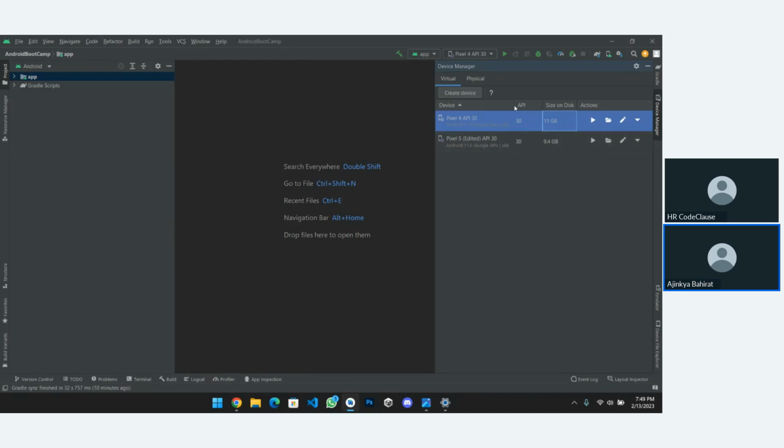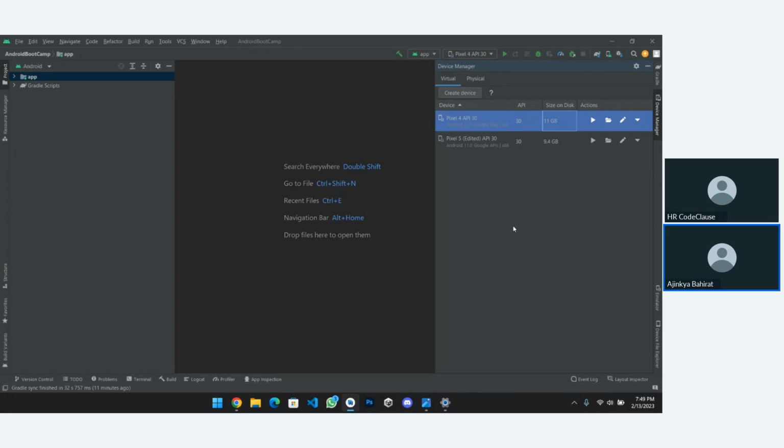So what we will do, we will create a new one. Consider if your RAM is higher than 8 GB or a minimum of 8 GB, you can go with an emulator. With 8 GB, it might also lag for you, but I would recommend 16 GB or upper.